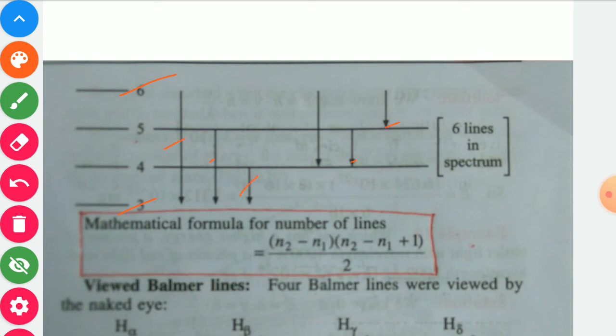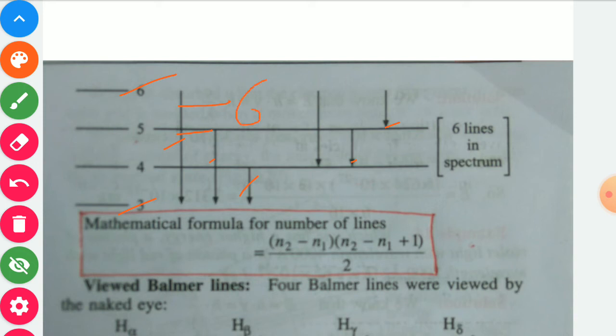Mathematically, the formula for the number of lines is equal to (n2 minus n1) times (n2 minus n1 plus 1) upon 2, which gives 6. For this question, the electron migrates from the sixth energy level to the third energy level, so we find the number of lines using n2 minus n1, where the n2 value is 6